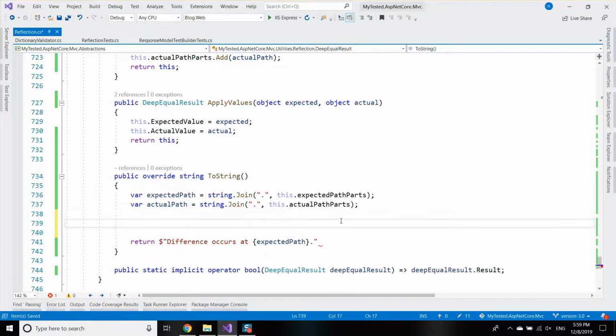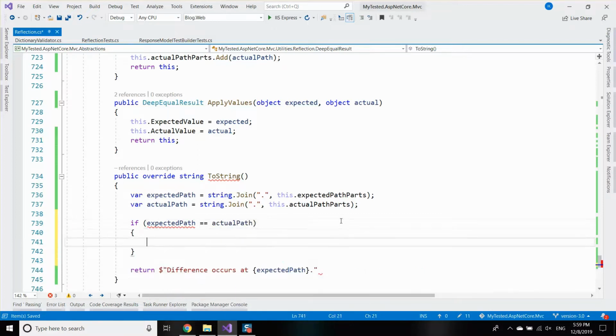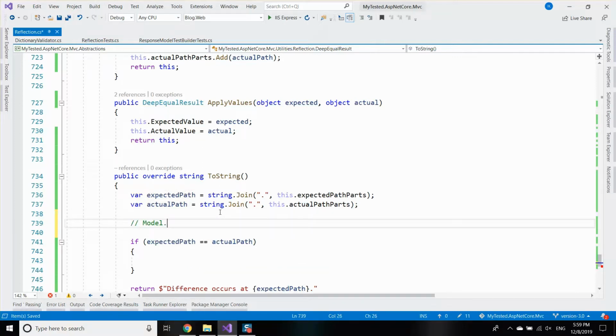Okay. If expected path equals actual path, the idea here is that if the values are different, the paths should be the same. So if the path is model.title and one of the values is, for example, new C# and the other is new C# with words, then the paths will be model title. So